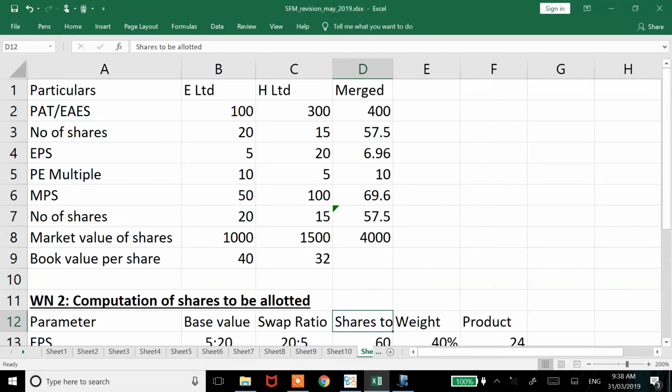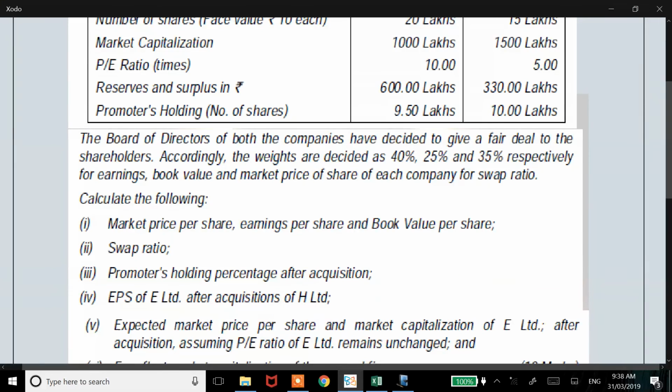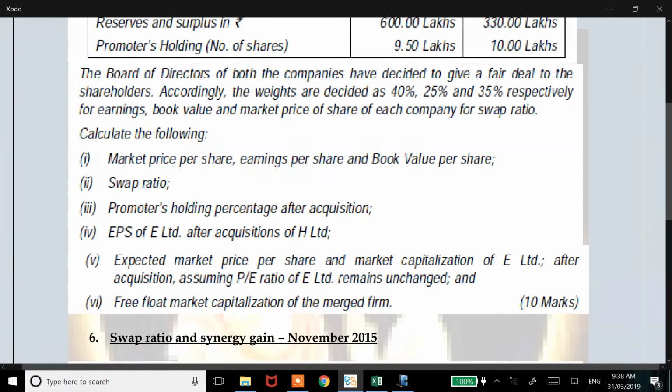Any doubts on the table? Part 1 is done, part 2 is done, part 4 is also done, part 5 is done. Two things are missing: promoter holding and free float market cap. Everything else is done. EPS and expected market price are also there. Next, promoter holding equal to